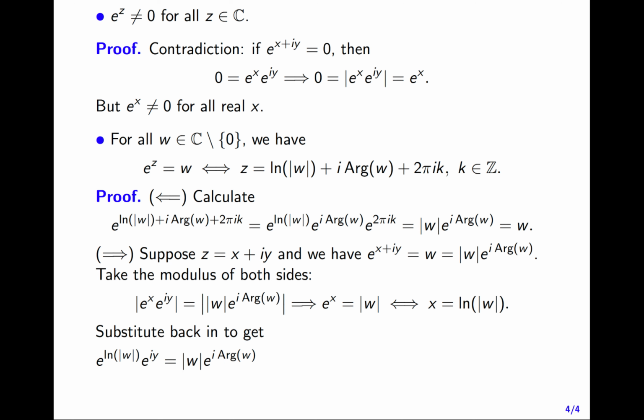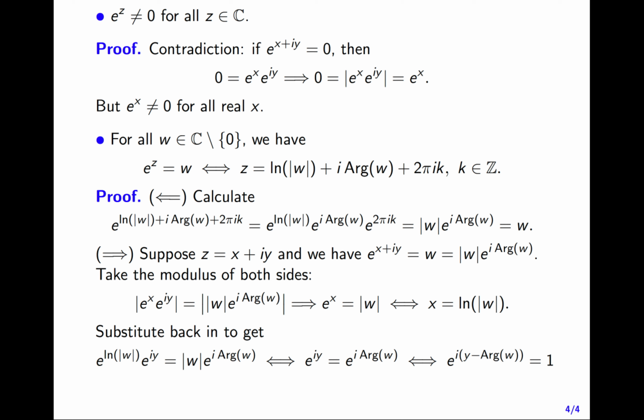Now I substitute this back in, and I'll get e to the natural log of modulus of w e to the iy equals modulus of w times e to the i principal argument of w. Okay, e to the natural log of modulus of w is just modulus w. Let's knock off the modulus w's from both sides, and I get e to the iy equals e to the i principal argument of w. So now I just have an equation involving y. I can rearrange this equation into saying e to the i times the quantity y minus principal argument of w